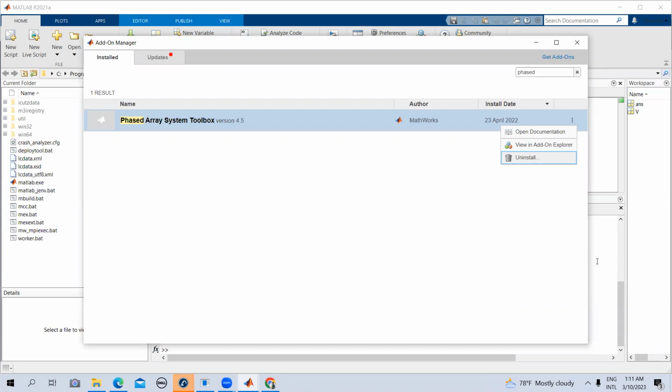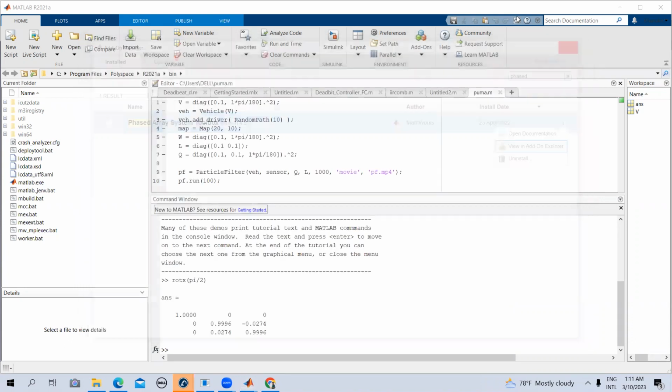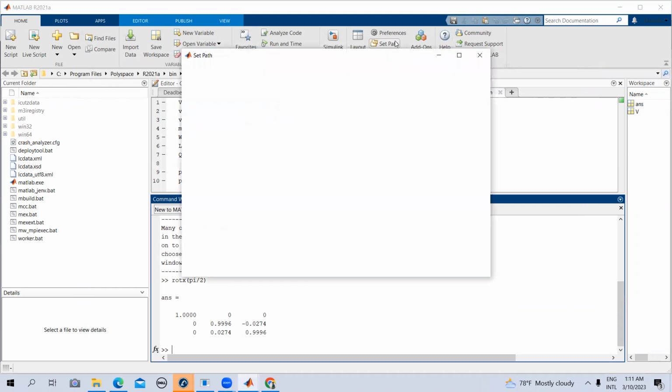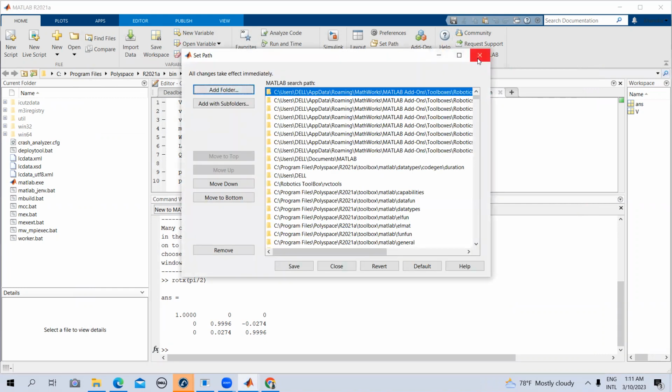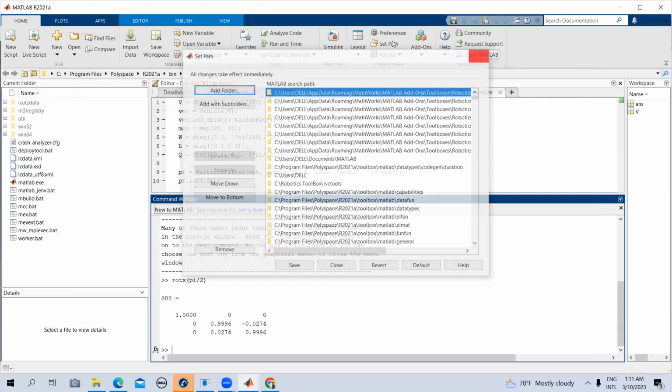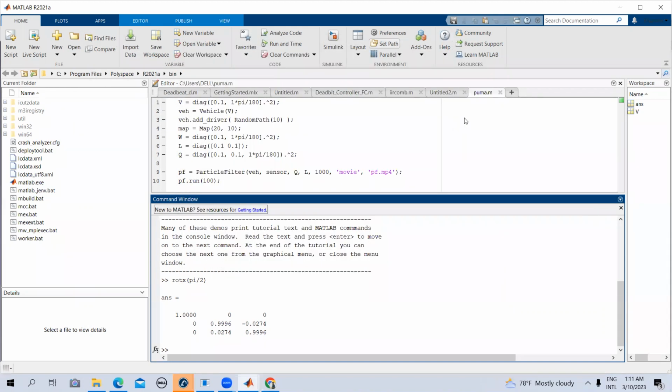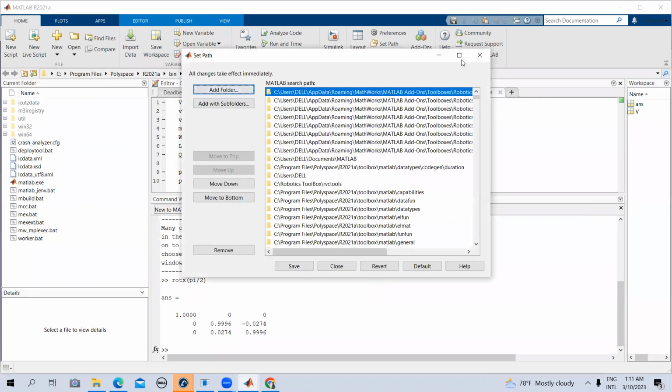So what you can do is you don't have to uninstall this. It's an option that you can try. But what I'm recommending is you can go to set path here. You can go to home and then click on set path, and you can see if I enlarge this, your robotics toolkit,